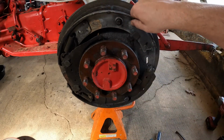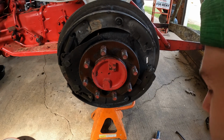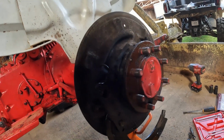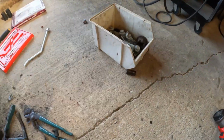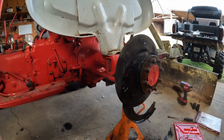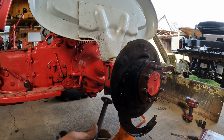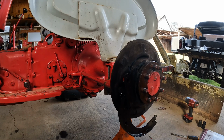This spring just holds your brake pad in there, or whatever you want to call it, shoe, pad, whatever, same thing. I finally got one of them beat out. It's laying somewhere right there. Oh man, that was a pain. So what I ended up having to do was, I got my punch, I welded me a washer on the end so I could just lay into that thing, and it still took me a while, but